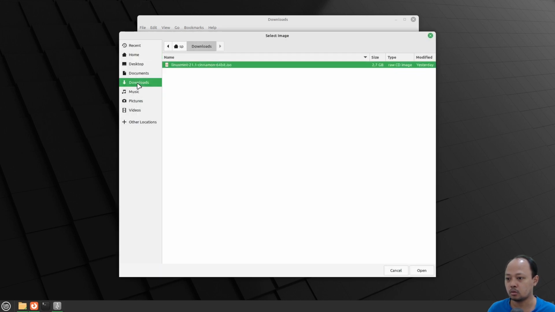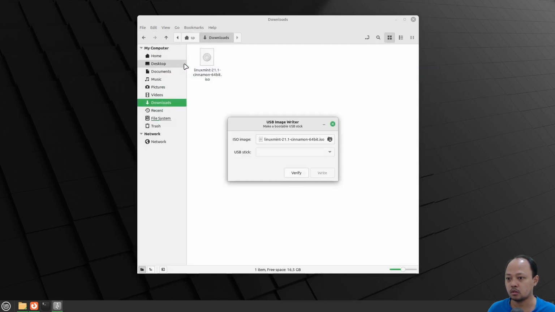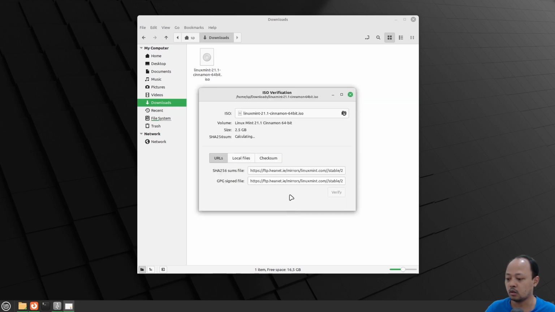For example, I will use this Linux Mint and then choose the USB drive that we want to write the ISO image to. Since I'm using a VM, I don't have any USB drive that is configured for this. But you can see here, we also have a verify button. If I click that, once again, it will run our ISO verification program.